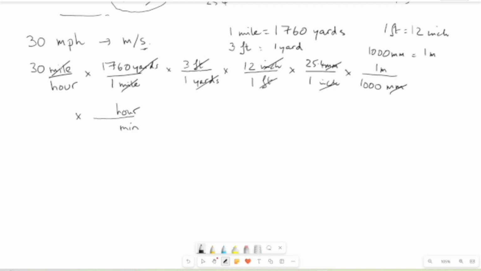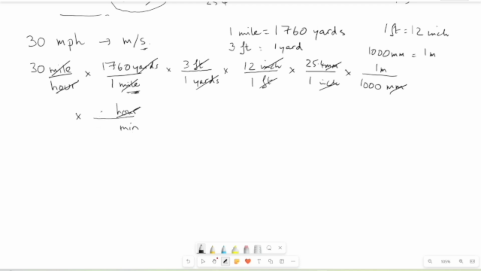Mile was on the top, so I made sure that mile was on the bottom here to do the cancelling and leave me a unit on the top, a unit that I wanted. But when you've got it starting on the bottom, you put your same unit on the top so that you can do the cancelling with this one on the bottom, like that, and leave me with a time unit on the bottom, which is where the time unit belongs in the case of speed,